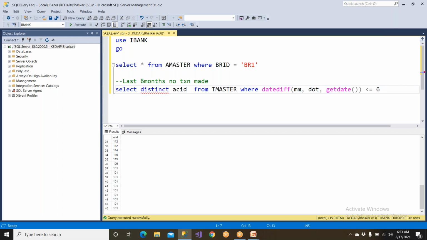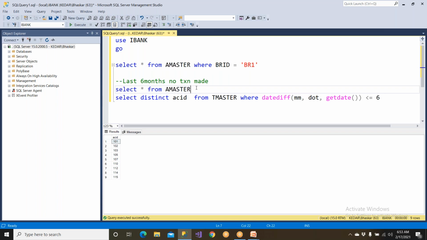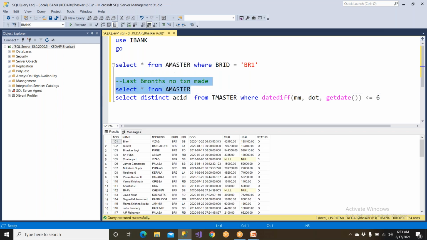Clear? So these are the people who have done transactions in the last 6 months. But if you take your data, the remaining people did not do any at all. So these are the guys we have complete data for. So what we do, we write where account ID